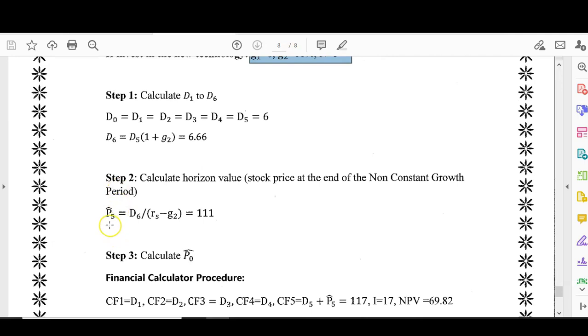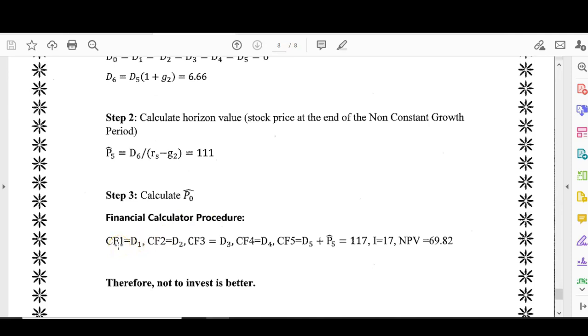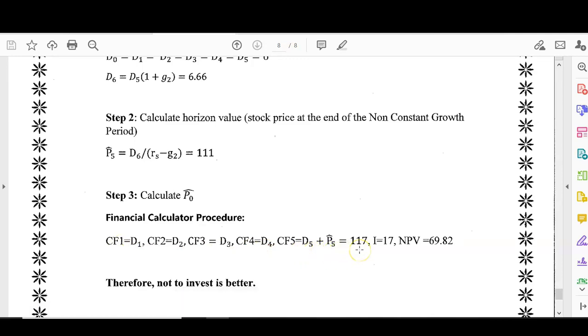Step 2, P5 equals D6 over RS minus G2, which is 111. Step 3, calculating P0. Cash flow 1 to cash flow 4 is D1 to D4. Cash flow 5 is D5 plus P5, 117. I is 17. Compute for NPV, we have